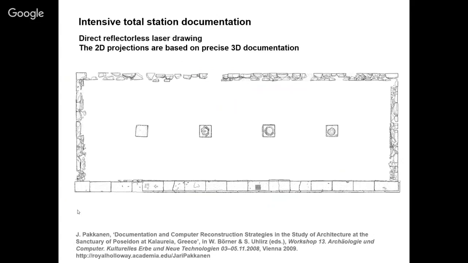And the line drawing with the total stations is quite handy in a way that you do get minimal post-processing necessary, and depending on how good you've been in documenting the field, you will be able to get the sections and elevations and plans of the buildings out very easily. And that's already published sort of 10 years ago, and so there's the references, and if you don't have it, you can get it quite easily from